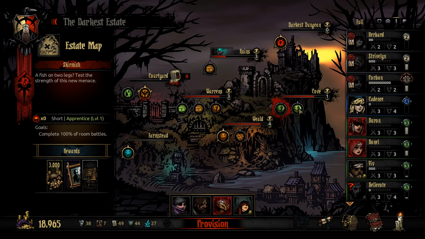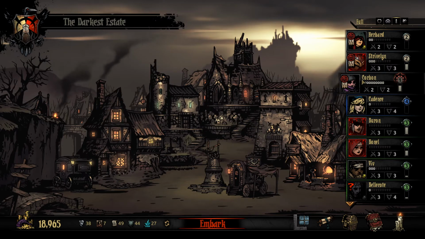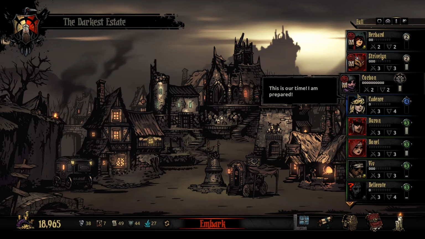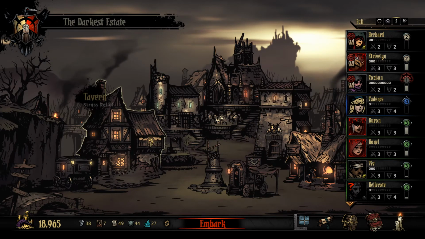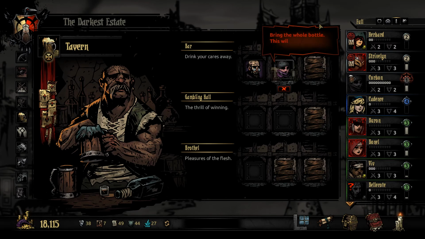Both of them are that. Not a lot of gold. Not a lot of reward in general for this, but it is a short mission. But we're going to have to send a slightly different team because Korban here is quite stressed. So we are going to have to do something about that. You can have some drinks because that's the cheapest